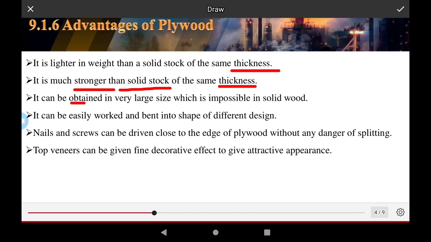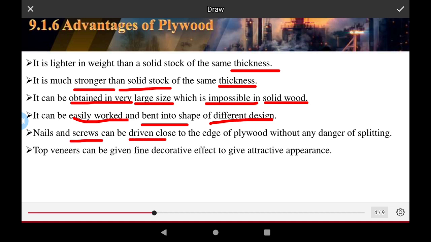It can be obtained in very large sizes, which is impossible in solid wood. It can be easily worked and bent into shapes of different designs. Nails or screws can be driven close to the edge of plywood